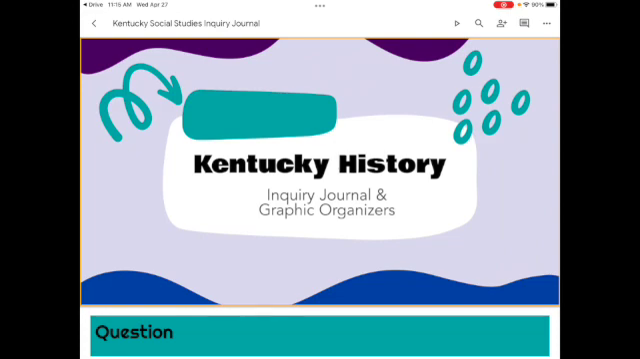Let's talk about how we can use markup tools with Google Slides. One of the downfalls of Google Slides is that it doesn't have draw tools so that you can annotate a text or fill in a graphic organizer quickly. But there is something that we can do to make that happen, especially if you have a Logitech Crayon or